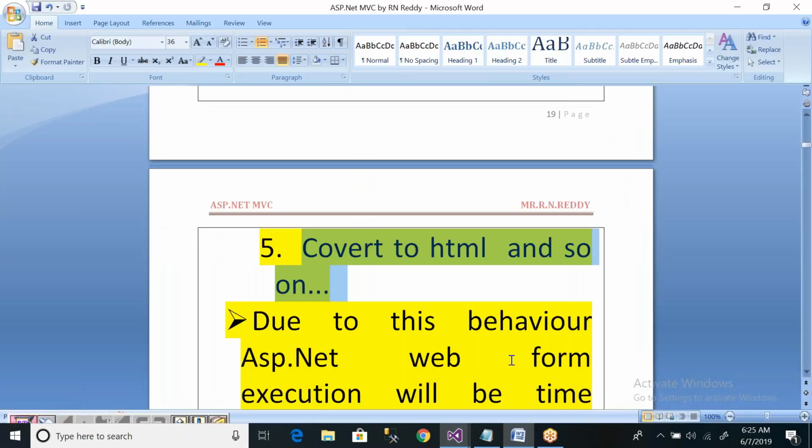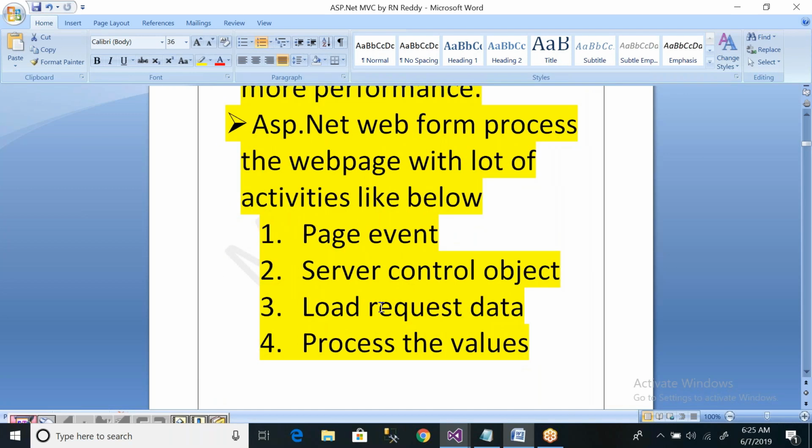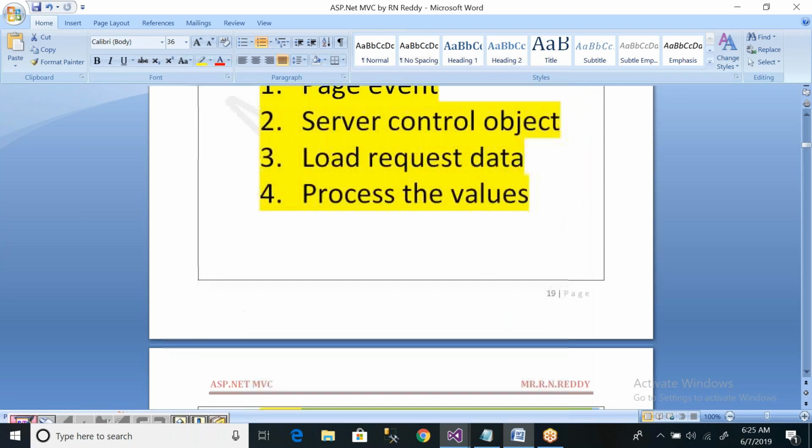That procedure is not required in ASP.NET MVC, because your complete .cshtml file will contain only client side code. So that's the reason MVC application will have improved performance.